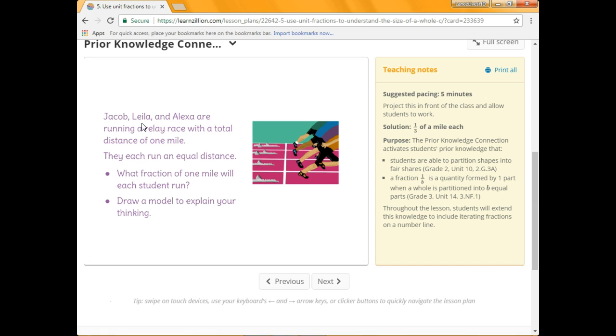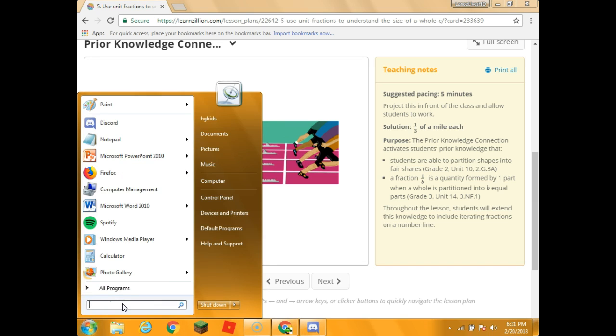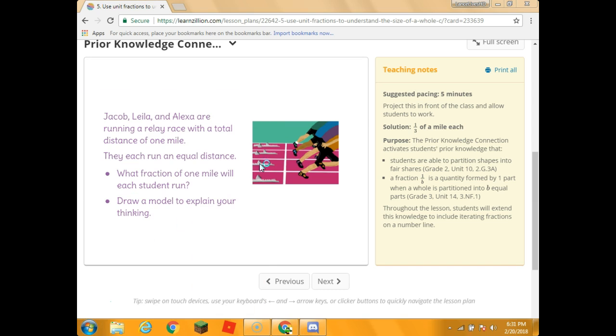Jacob, Layla, I think it says Layla, and Alexa are running a relay race with a total distance of 1 mile. They each run an equal distance. What fraction of 1 mile will each student run? Draw a model to explain your thinking. So let me get my paint out